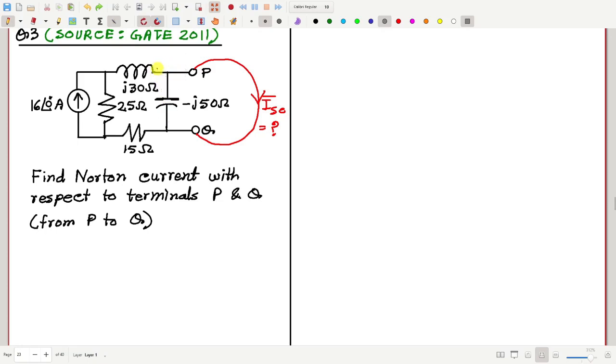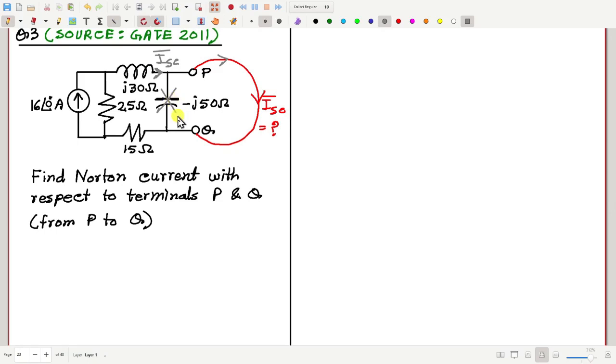Therefore, whatever current comes here, if that is I, that will completely go through the short circuit path and nothing will go through this capacitor. So we can forget the presence of this capacitor. This current will also be equal to ISC, because there is a zero impedance path. So this way the circuit becomes